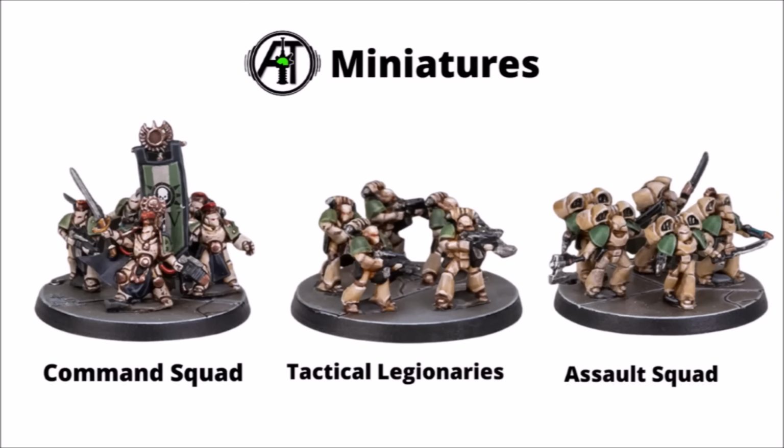Zooming in a little bit, here are a few of the miniatures from the Space Marines, interesting little bases of squads that I feel like might be a bit of a challenge to paint at this sort of level. They're basically knee-high to a standard Space Marine in 40k. They also have special bases compared with what you might be used to seeing for Warhammer as well. They're really quite thin and shallow, so they don't just dominate the model and raise them up far higher than